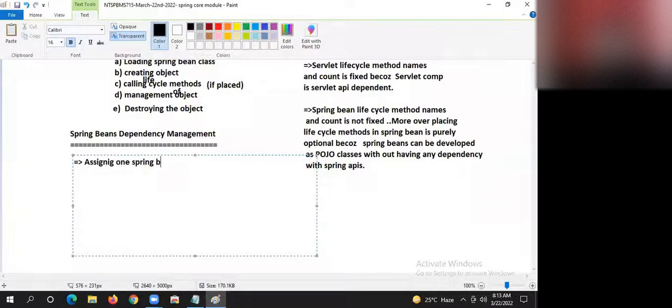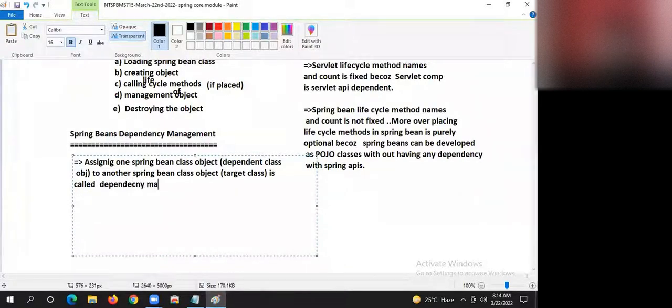Assigning one Spring Bean class object, the dependent class object, to another Spring Bean class object, the target class, is called dependency management.